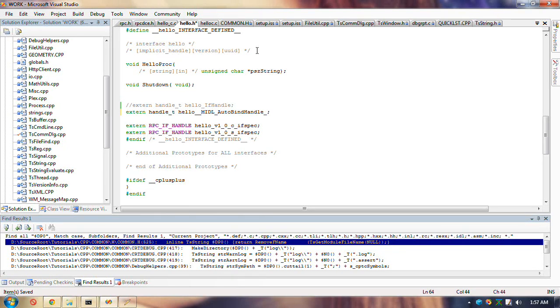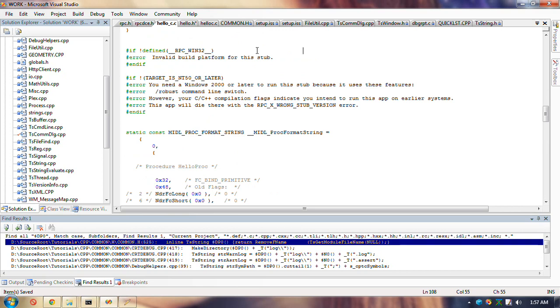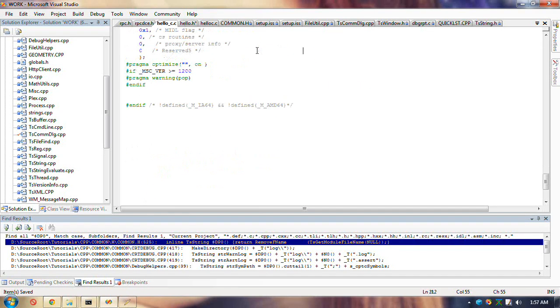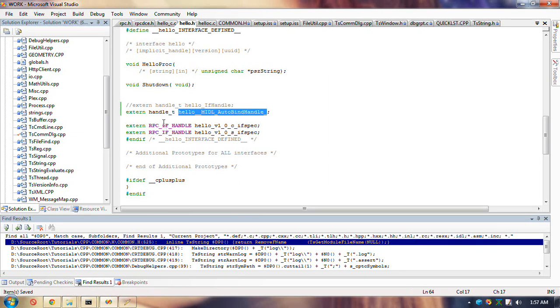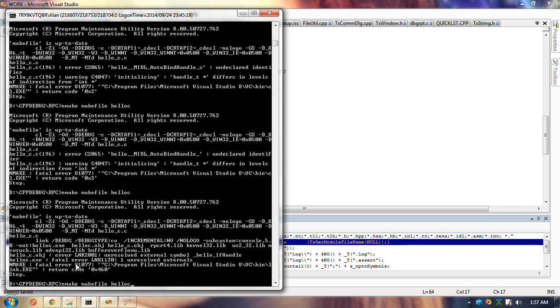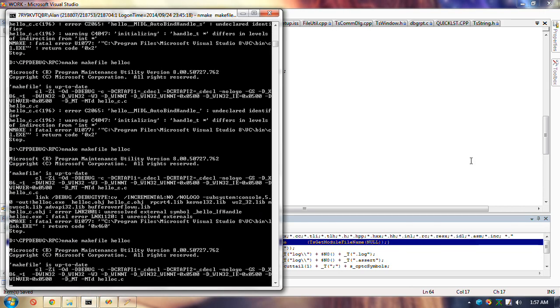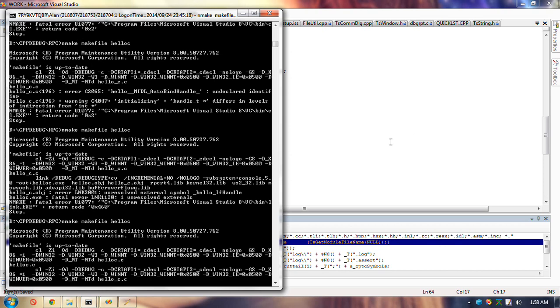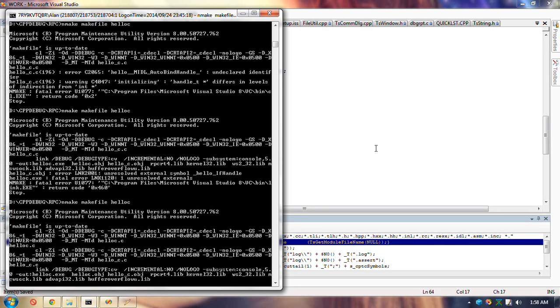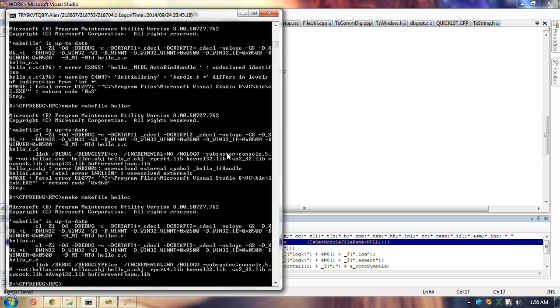Underscore. Yeah, that should work now. And there should be no unresolved external. It should function exactly as it did before.